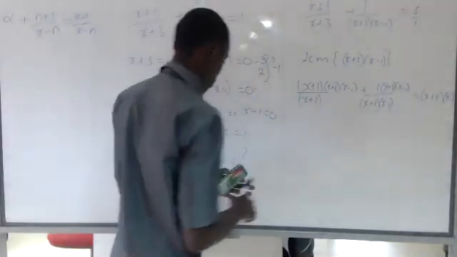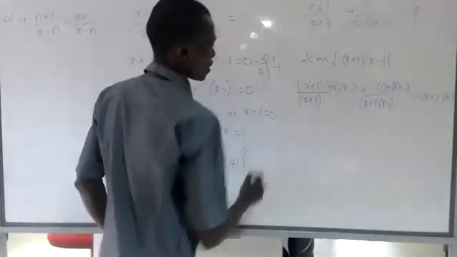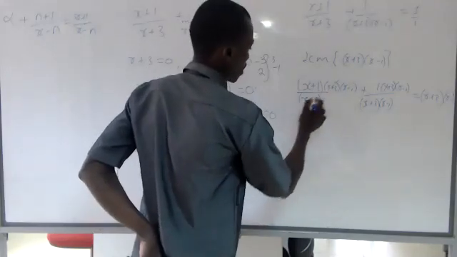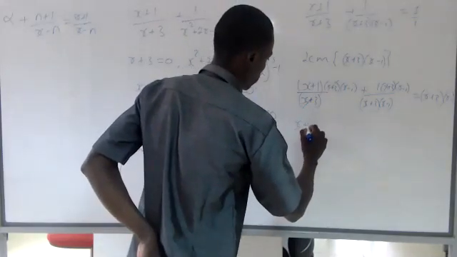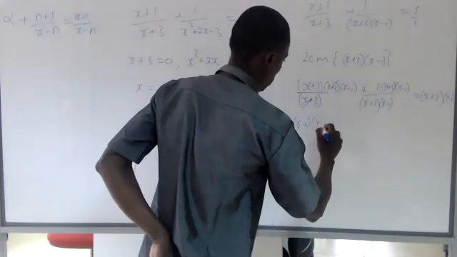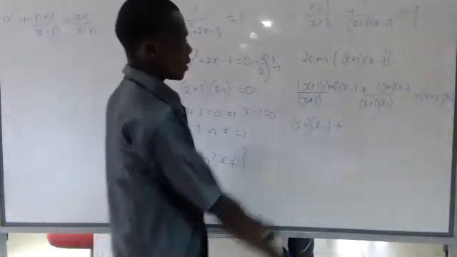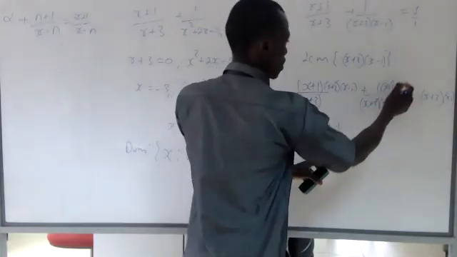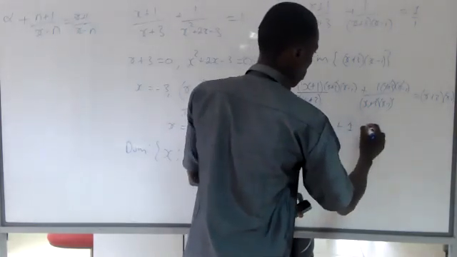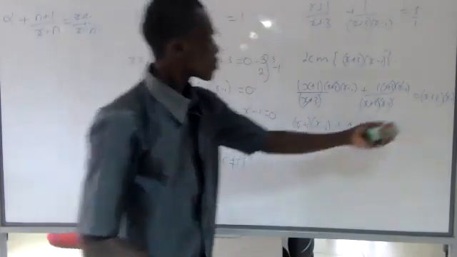Then I have similar terms, x plus 3 and x plus 3. So these two cancel. I remain with (x plus 1) times (x minus 1) from the first term. The second term, all these terms cancel. We remain with 1, must be equal to